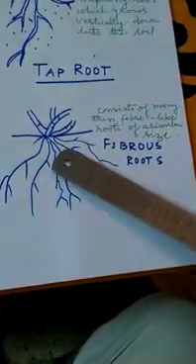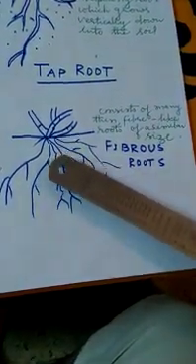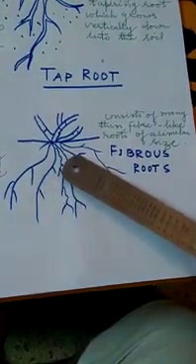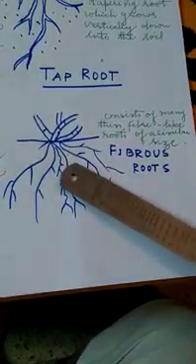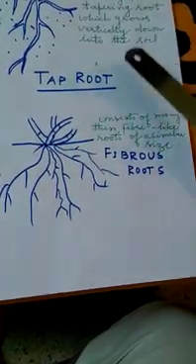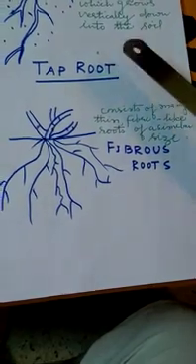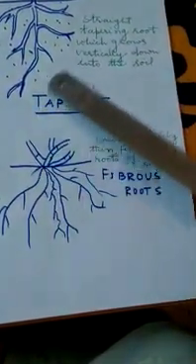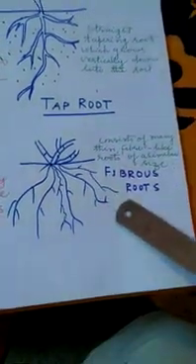But an additional function of the roots is to store food, and we eat some of the roots where the roots store food, that are carrot, radish, as I told you. So these are the functions and the types of roots that we came to know.